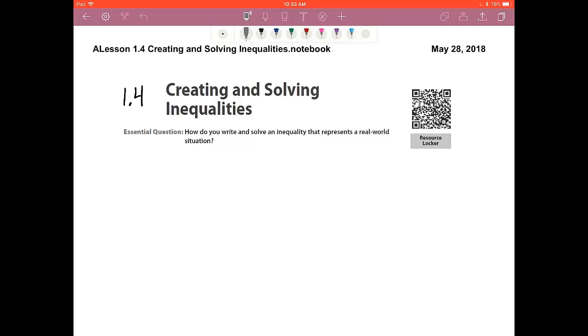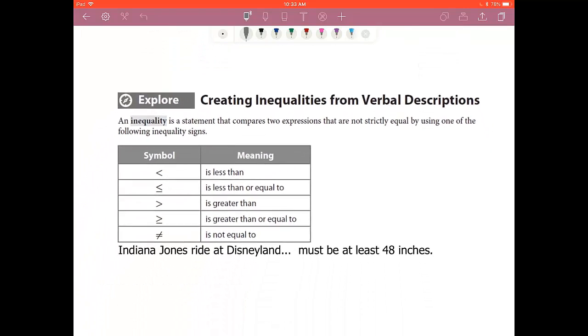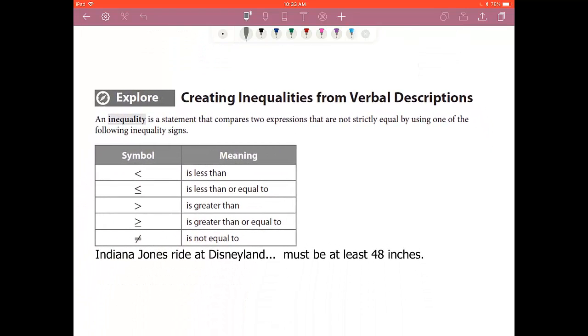In this lesson, we're going to create inequalities and solve them that represent real-world situations. So our first little bit of review is going to be our inequality symbols. And an inequality is a statement that compares two expressions that are not strictly equal by using one of the